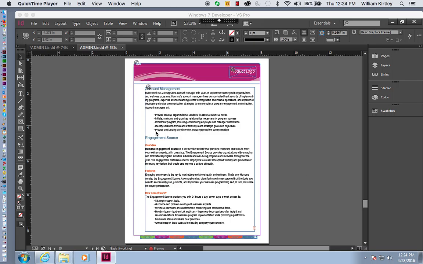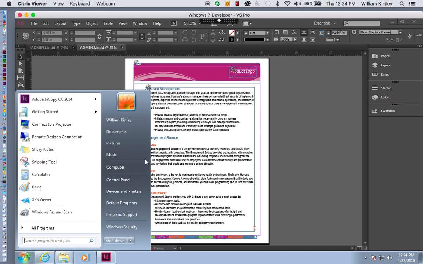So here we're looking at the InDesign document, and you can see that these areas are linked within the InDesign document. But you will not be working with that. But I want to show you how to get to the editable InCopy file. So I'm going to go into